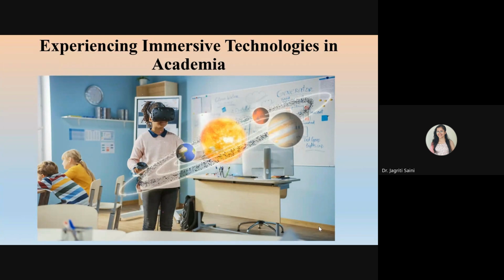If she needs to know more information about the sun, she can touch it within that digital environment, and it will pop up relevant information related to that particular planet. This can definitely be an interesting experience for students, because in the traditional educational system, during our school age, we could just see some pictures in the books and read some lines in the text paragraphs, and that was the limited information we could access.